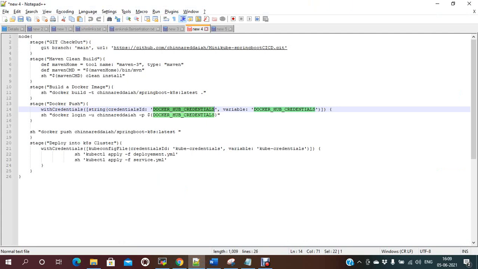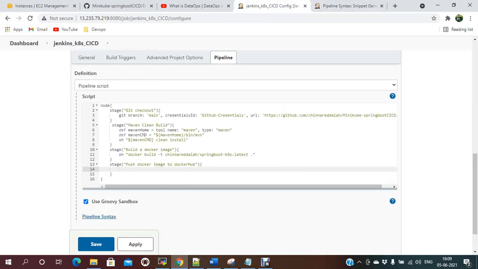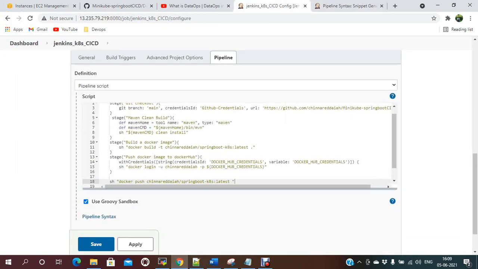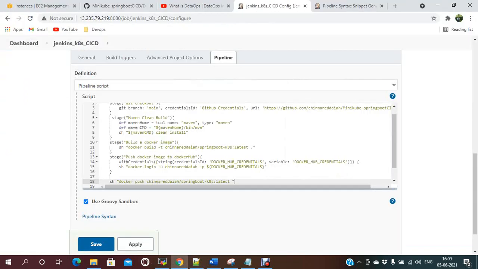So I already have this one. So let me take up to here. You just need to add this stage. So what I will do here, it will be my username with Docker login. How are you going to log in? Docker login, username, hyphen p, password. The password will be fetched from that variable. Okay. Once that is logged into Docker login, you just need to push your image. So whatever Docker image you have there, this image, this is the tag. You just need to push this image to Docker Hub.